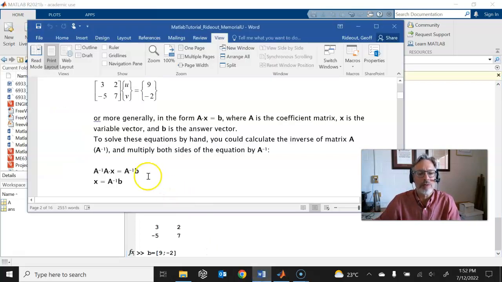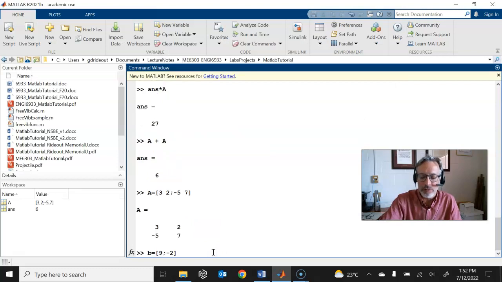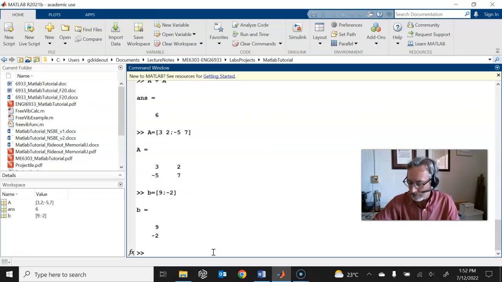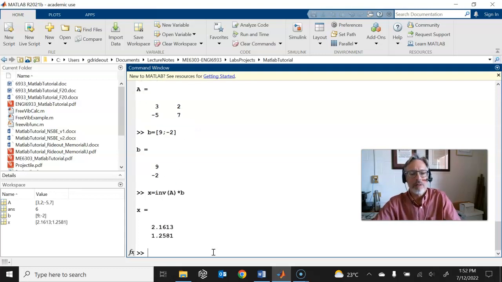Once again, going back to this example. Okay, B is 9 minus 2. There it is. Okay. And if I want to find the vector of unknowns, x equals, I want to do the inverse of the A matrix. So I can just do inv A. And then I want to multiply that by the B matrix. All right, so those two elements of the x vector,